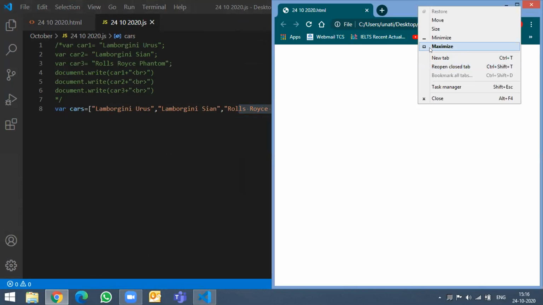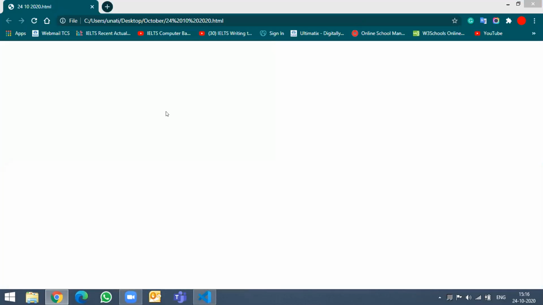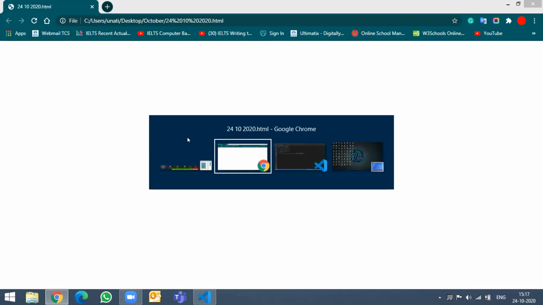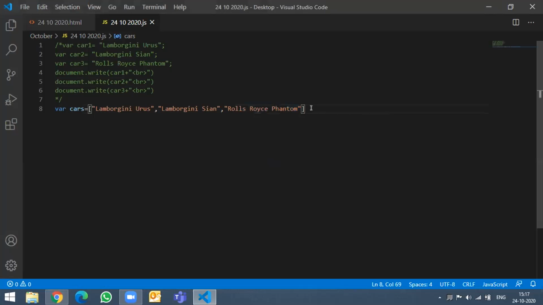Karan, there's a lot of noise, so we have not printed it. If you can go back to your code, we have to print it using document.write. Is there noise now? Noise is coming. Okay, let me go back.